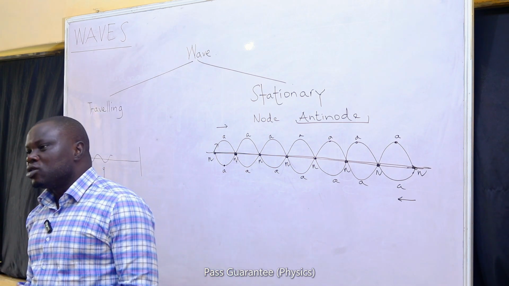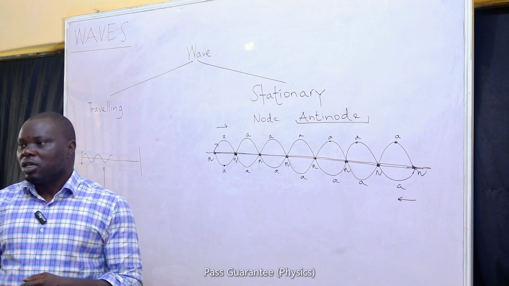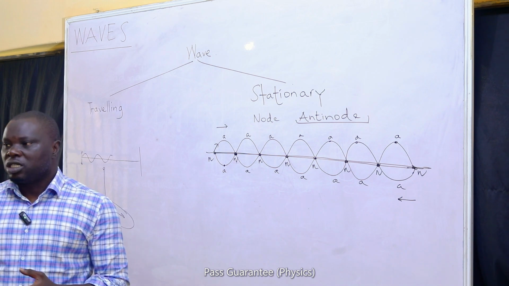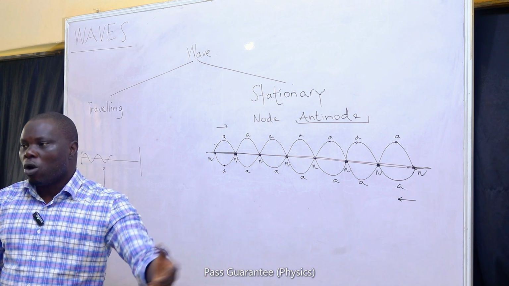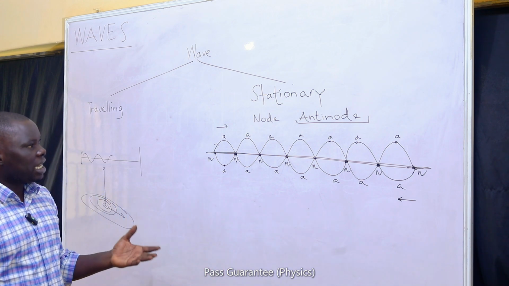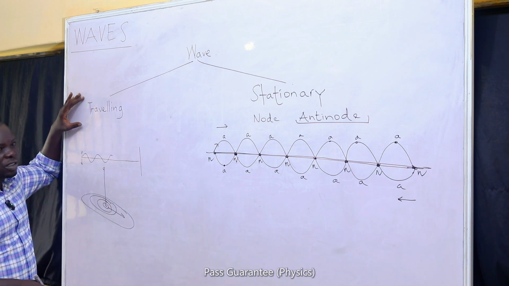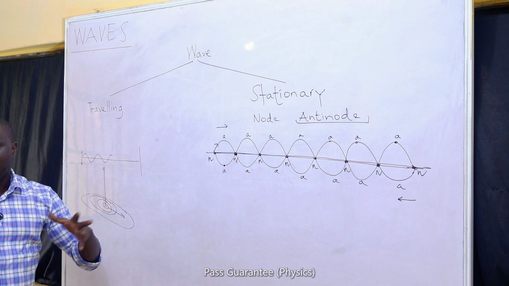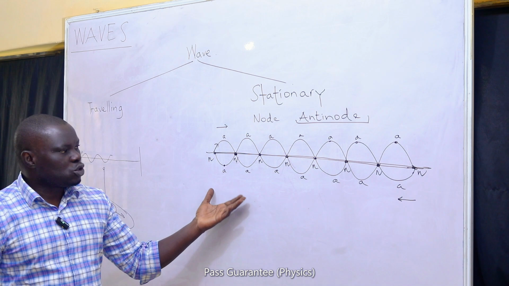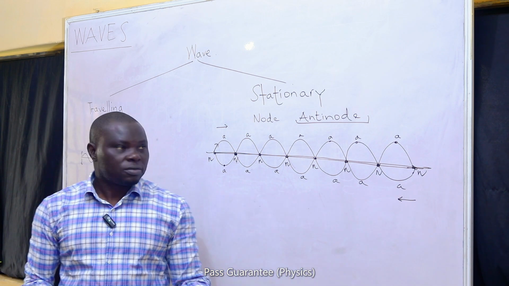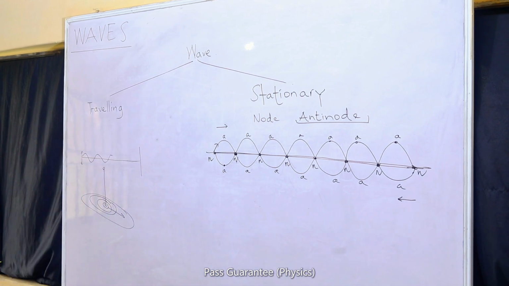You can also classify waves into transverse and longitudinal. Transverse waves are waves that travel perpendicular to the vibration of the medium. Longitudinal waves are waves that travel parallel to the vibration of the medium. Then we can also ask you to classify waves based on their form. Waves can be traveling. Traveling waves are waves that continuously spread outward from a source, while stationary waves are waves produced when two waves of equal frequency and amplitude traveling in opposite directions are combined. So these are the types of wave.